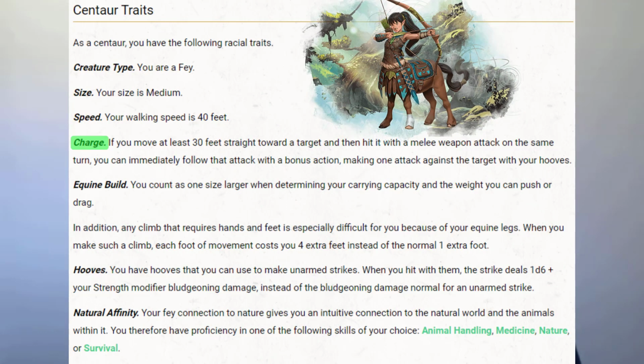Charge: if you move at least 30 feet straight towards a target and then hit it with a melee attack on the same turn, you can immediately follow that attack with a bonus action, making one attack against the target with your hooves. Equine build: you count as one size larger when determining your carrying capacity and the weight you